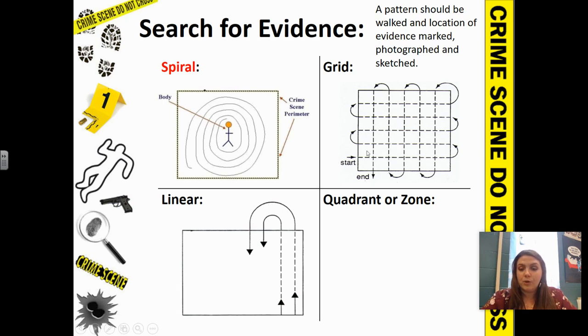So just like the grid where you're going up and down, except you're going to go loop, doom, and then start back over, loop, doom, and then start over, loop, doom, and then start over. The strip method, which is a lot like the linear,